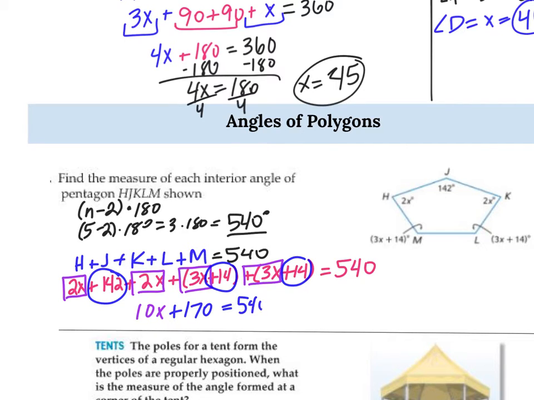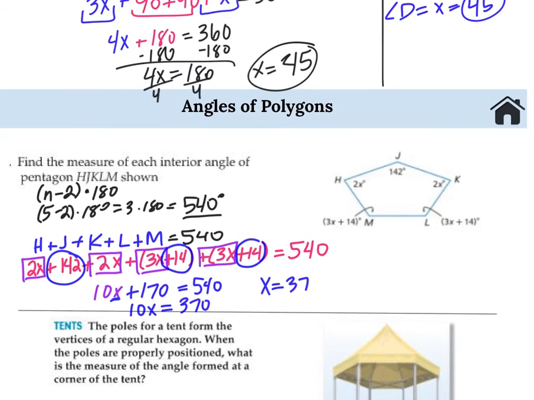Okay, all of that equals 540. So now we just need to solve for x, subtract 170 from both sides. Okay, so 10x divided by 10, x would be 37. So now we just need to take this and plug it in for x. So 3 times 37 plus 14